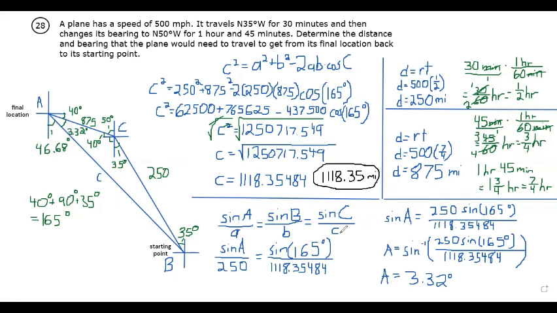So now we can go ahead and plug in the values that we need. Essentially, we don't need this particular part of the formula, and we can go ahead and solve this resulting equation. So if we multiply both sides by 250,